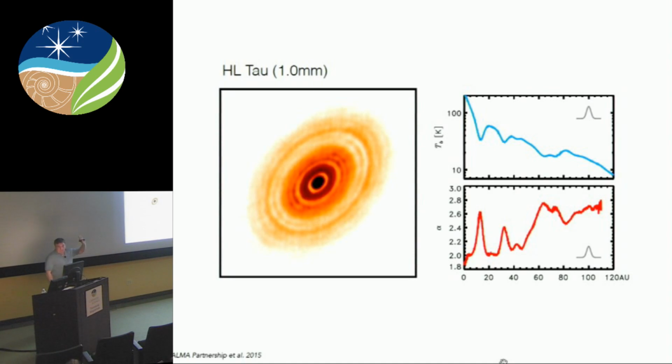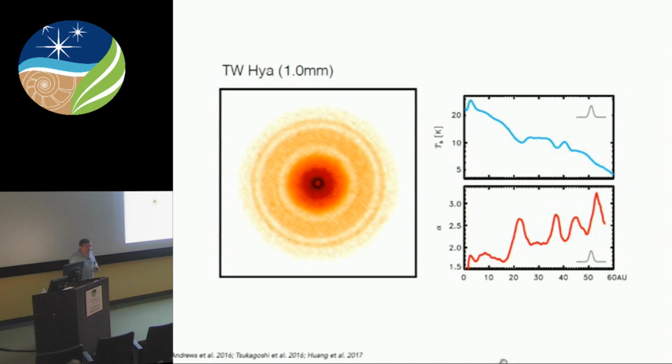And then last year, we went and did it for TW Hydra, which is the nearest protoplanetary disk to us. It's much older. It's 10 million years old. And it's basically face on. And you see the same kinds of ring structures, including a little depletion at 1 AU. So this is the highest resolution image of a disk ever taken, including with ALMA, I think. And unfortunately, it probably always will be.